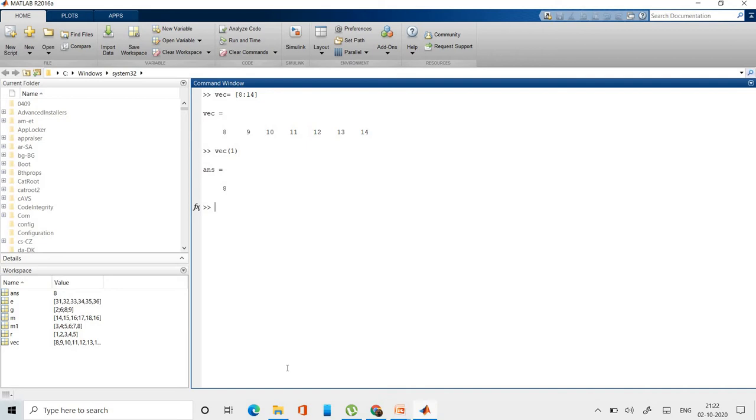So you're getting 8, okay. Now suppose you want the fifth element, okay, so just type 5, so you're getting 12. Now suppose you are typing that you want the 11th element, so it will definitely show an error. Why? Because there is no 11th element in this given vector, okay.